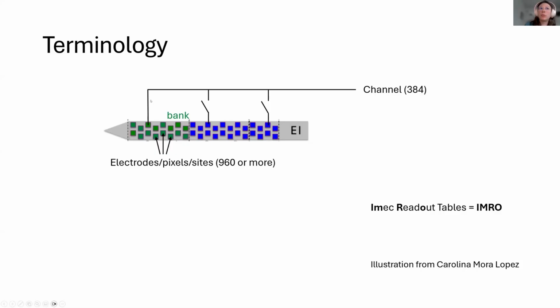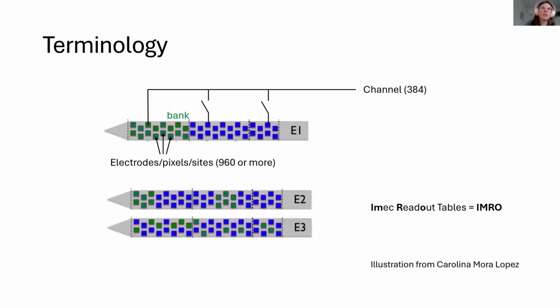So for example, one possible configuration that's very commonly used is that you just record all the electrodes at the tip of the probe. However, there are other configurations possible, but importantly, not all random configurations. Here there are a couple of other configurations that I'm showing. So for example, you can record a bit at the tip and another part at the second bank of the probe.